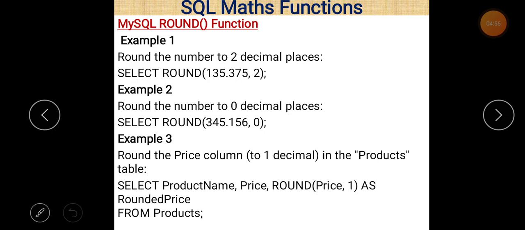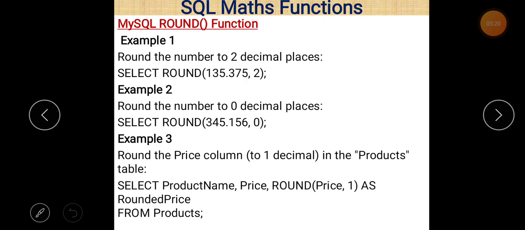Suppose you want to find out the price after applying the round function, and the table name here is products. Then just write the command select product name comma price. These are the column names of the table products. Then round, and then we write the column name price here. And if you want to round it off up to one decimal place, then price comma 1.